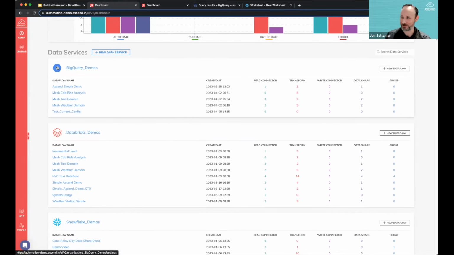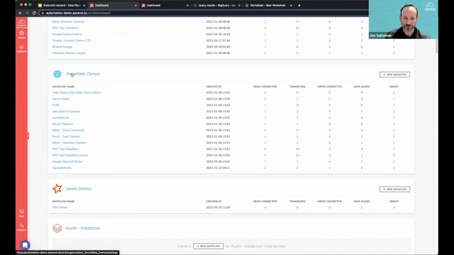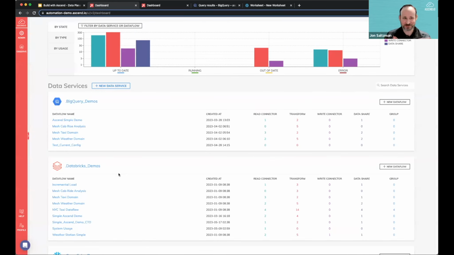You can see there's one here that has the little BigQuery logo for Google BigQuery. We've got one running for Databricks, which has the Databricks logo. We've got one running for Snowflake, and we've even got one running for Spark. You might say, wait a minute, what's going on in this Ascend environment? Well, these are all data services that are running the data pipelines that are inside the data flows on different